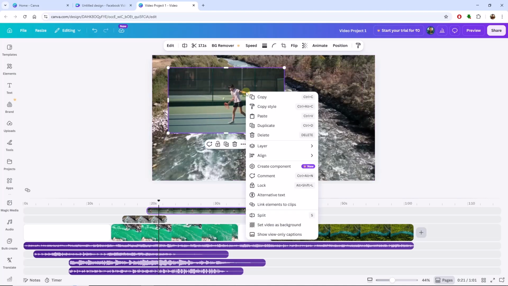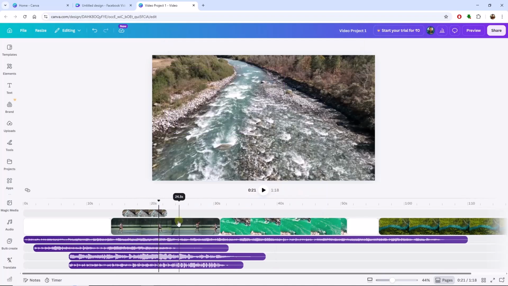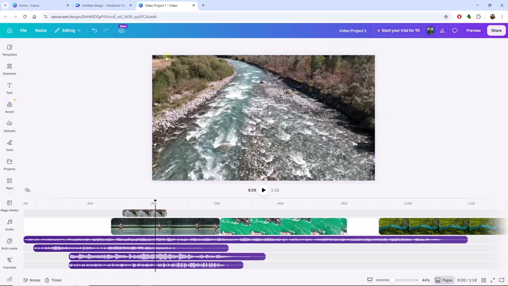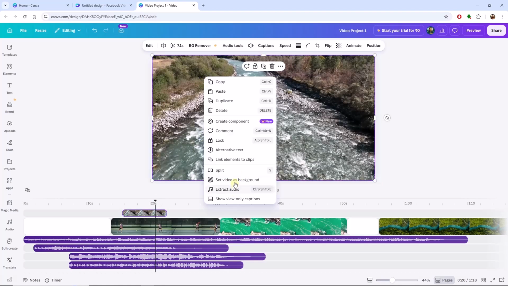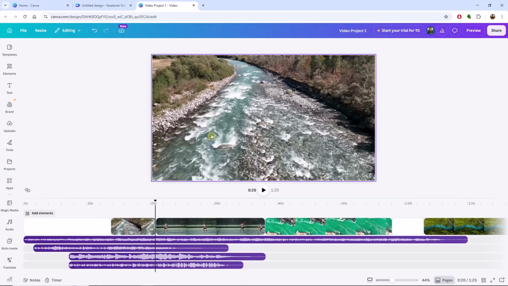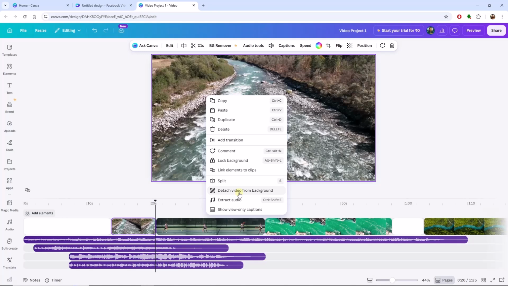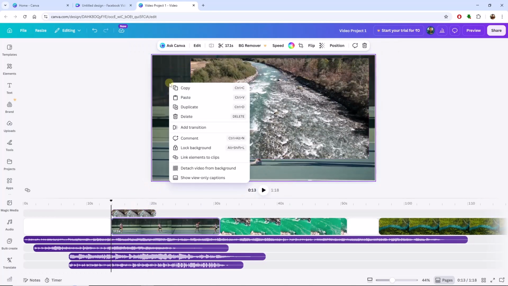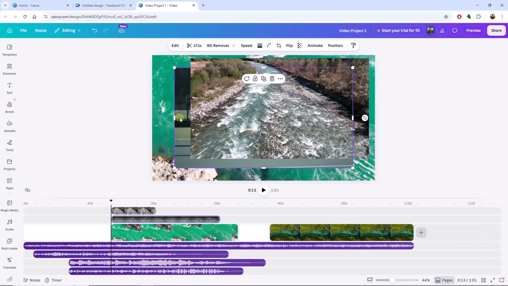But if you right click there and I choose set video as background, it will also be added with the background, and those existing clips have other options here. So you can just transform that particular object as a background, so it will be added with that media layer. And if you just right click and choose this detach video from the background, it will be in a separate layer. You can see that it will be in a separate layer. So this is how you can simply manage